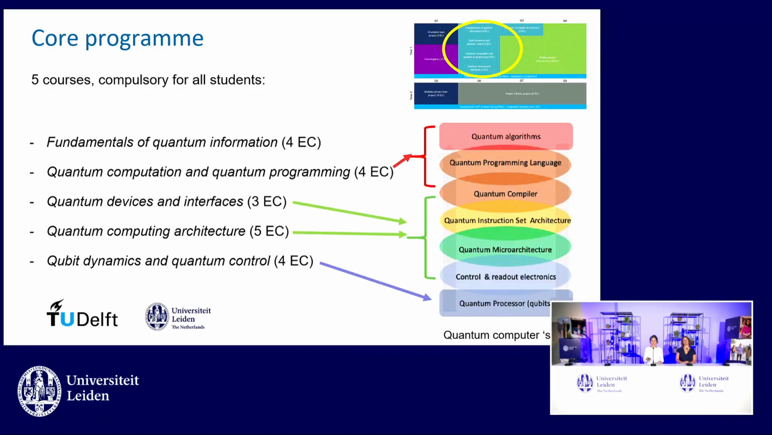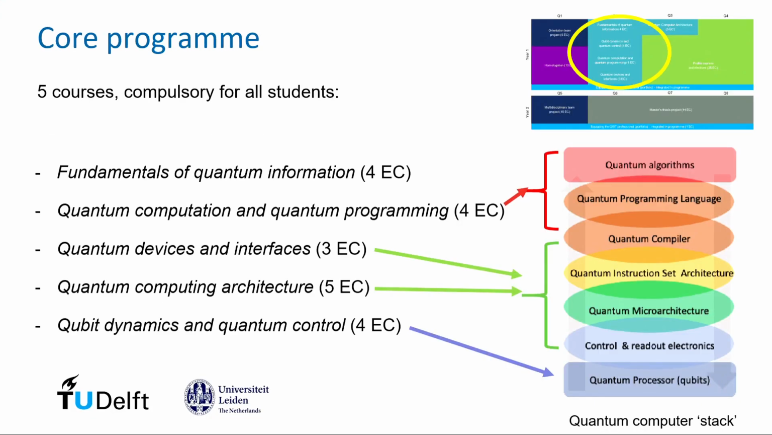Then after homologation, in the second quarter, the core program starts. Within the quiz program, there are 5 compulsory courses that you have to do. Every quiz student takes them. And they're listed here. But what they're inspired by is this stack-like structure that you see in the bottom